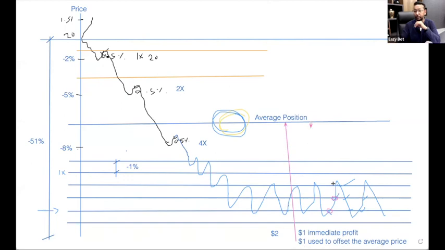Okay, so while the market is actually here, each trade is going to contribute in bringing down this average price. I'm not going to show exactly the equation, but it's a mathematical equation at the back end that makes this drop in the market. It's going to offset the average price. Using part of the profit to offset the price, we decided to make it 50%. So another trade happens, it moves it down further. Another trade happens, moves it down further. Another profit happens, it moves it down further. And then it keeps on moving down. If the market stays here, it keeps on moving down, down, down, down, until the moment it touches one of